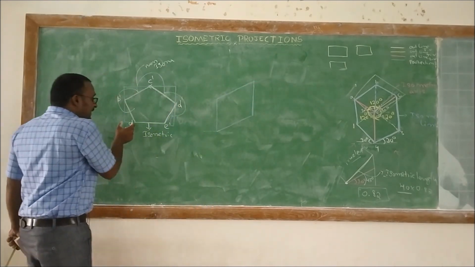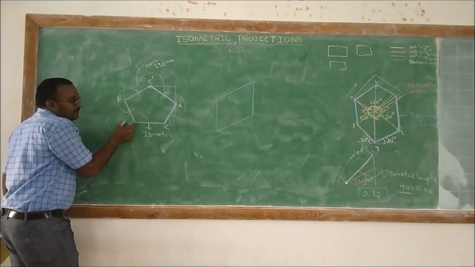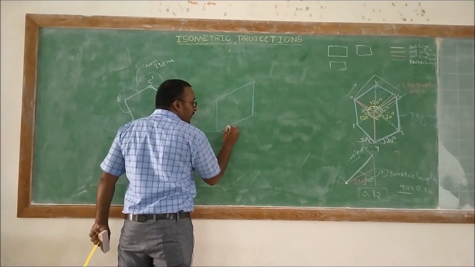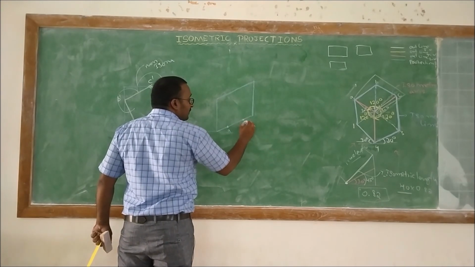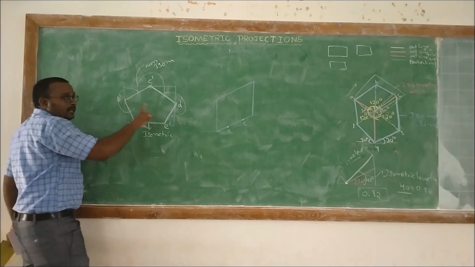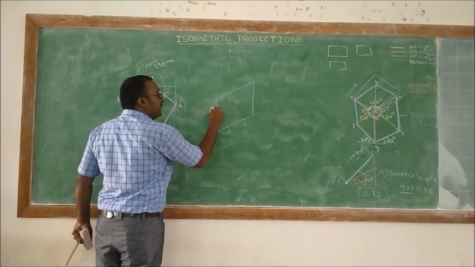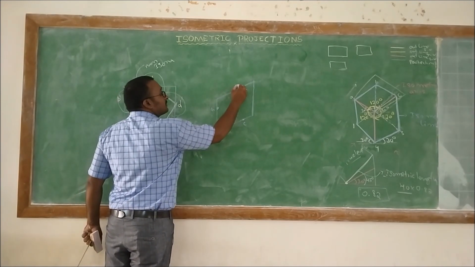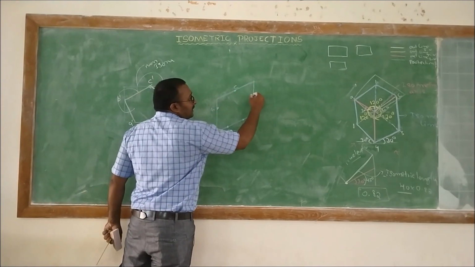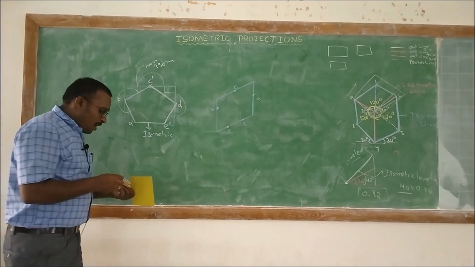Then take the dimensions from here to here, that is AB, here to here and here to here, like this. So mark all those points. A, here it is E, then take the distance from here to here and cut an arc over here. Then that could be the B, here C, and then take the distance from here to here, and then here you will get the D point. Then combine all of them.